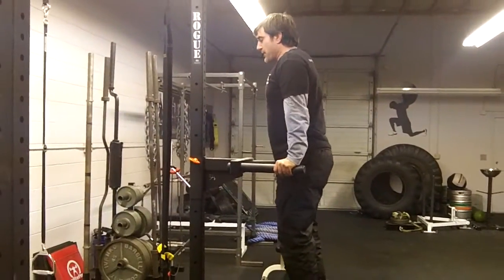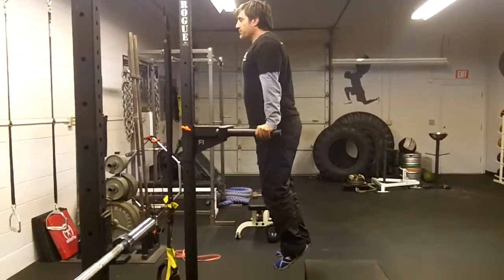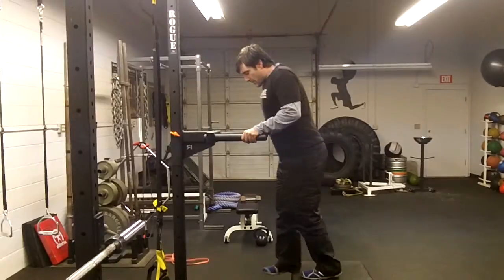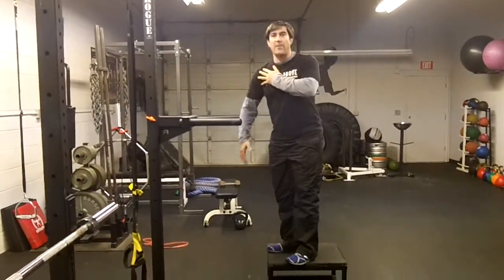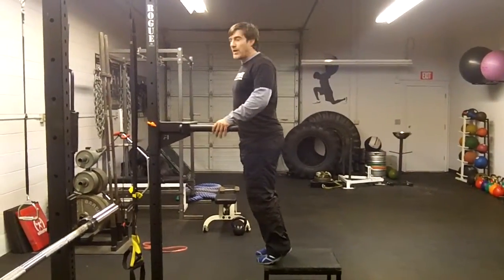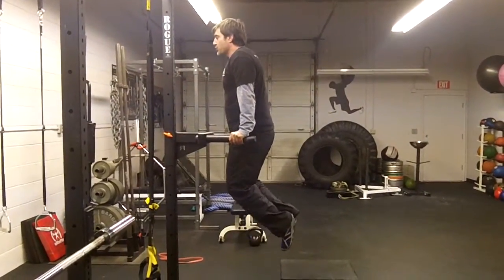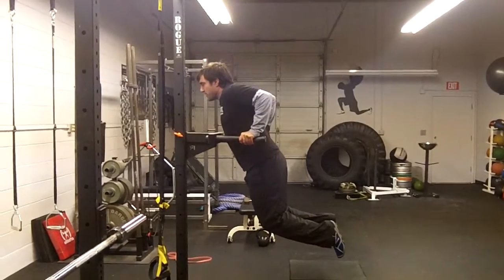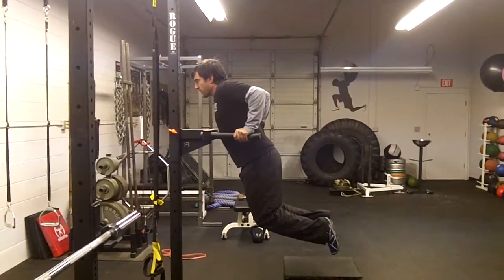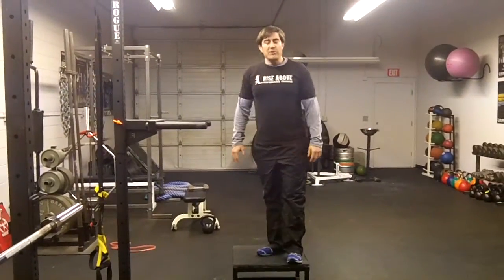So one you can do is just simply up here. I'm going to roll my shoulders back and just hold and grip here. When I'm done, I like to have a nice box or something to step back on so I'm not dropping to the floor and wrenching my shoulder. Then the very advanced way would be to hold at the bottom. So again, I'm going to get up, pull my shoulder blades back. I'm going to control my body down, keep my grip in tension, hold. Then when I'm done, I'm just going to roll back and back. So I would do about 3 to 5 sets, 5 to 10 seconds, and that'll build up a lot of strength in the